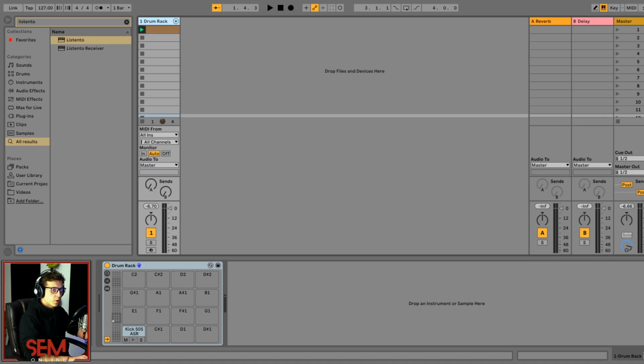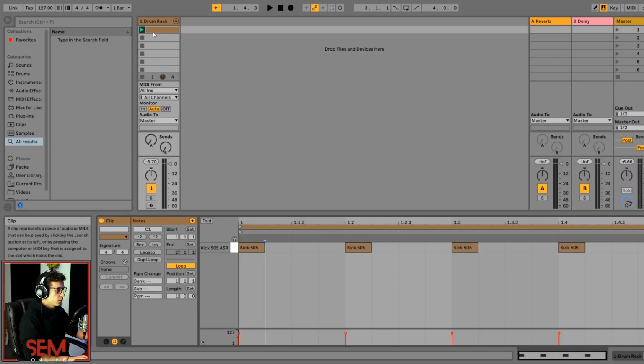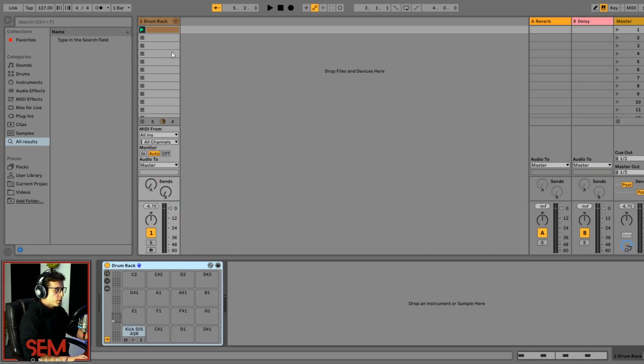First I'm going to start by showing you how you can reinforce your kick drums. So here I have just a basic drum rack with a basic kick loaded and a standard 4 on the floor drum pattern. Nothing really interesting there. The kick is good, but we can also reinforce it by adding a little bit more low end to it. So the quickest way to do that in Ableton would be to go and grab an